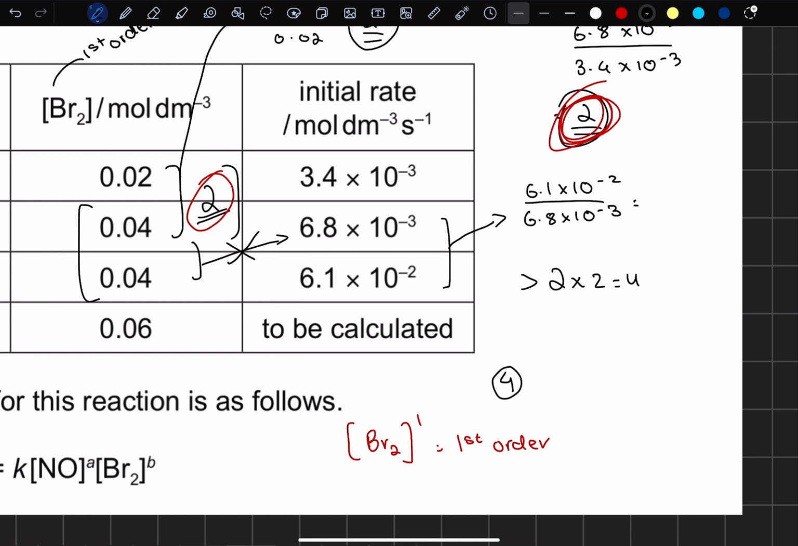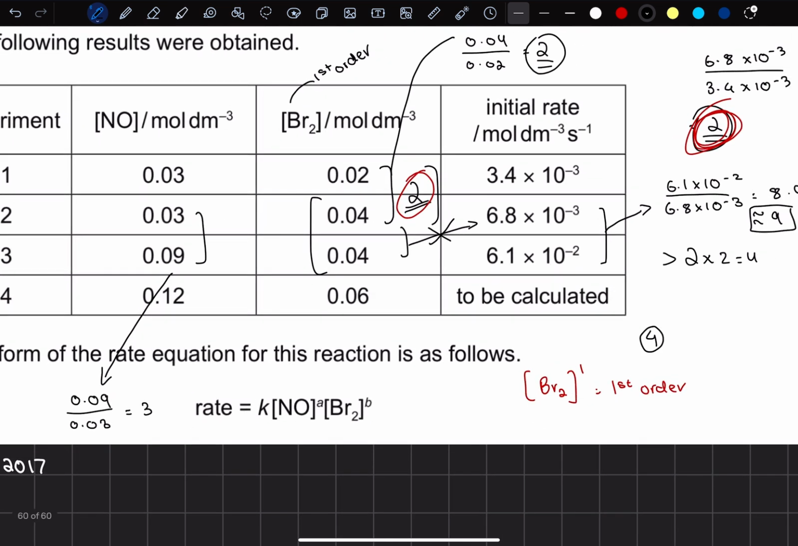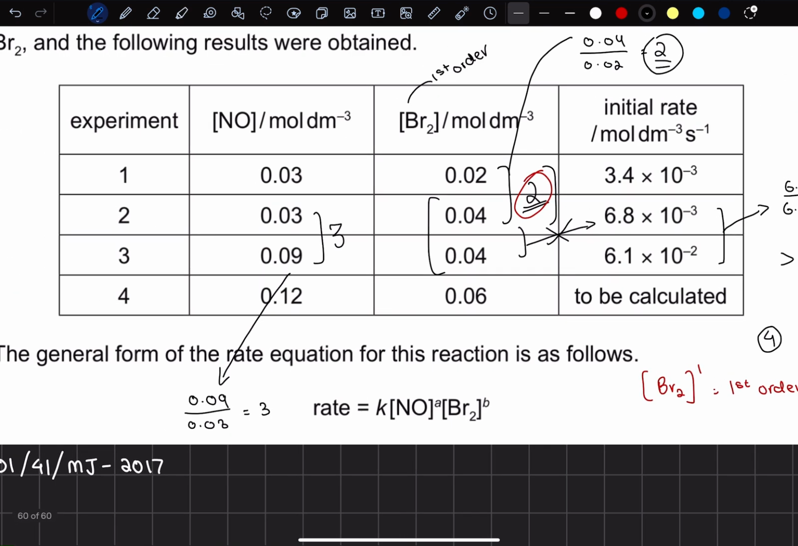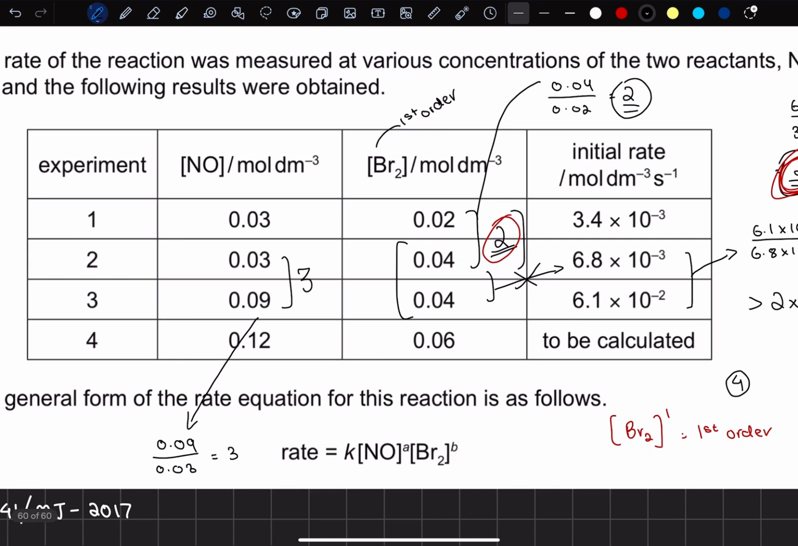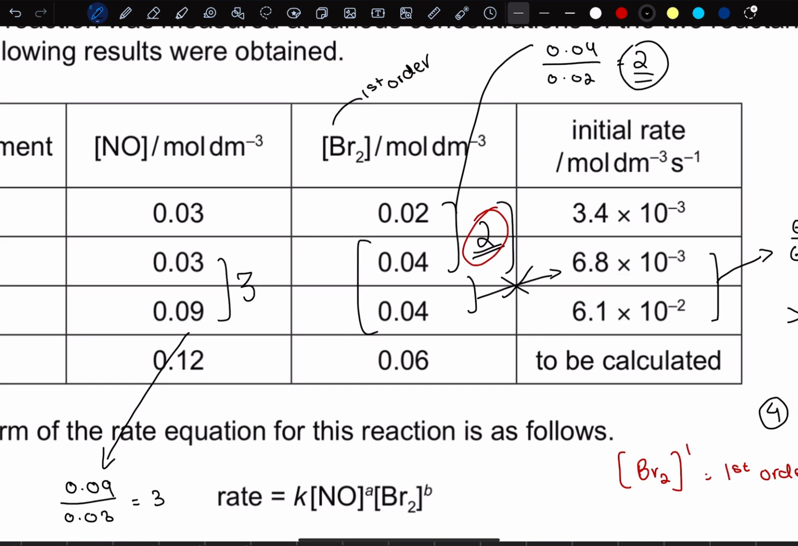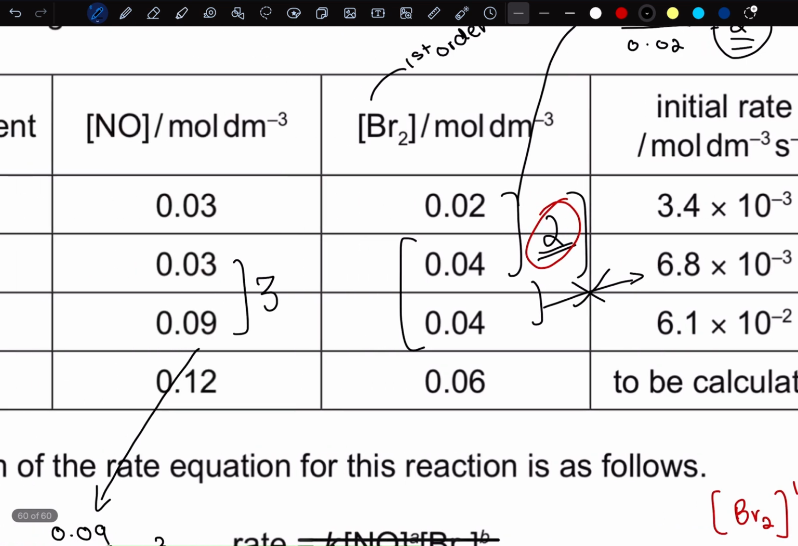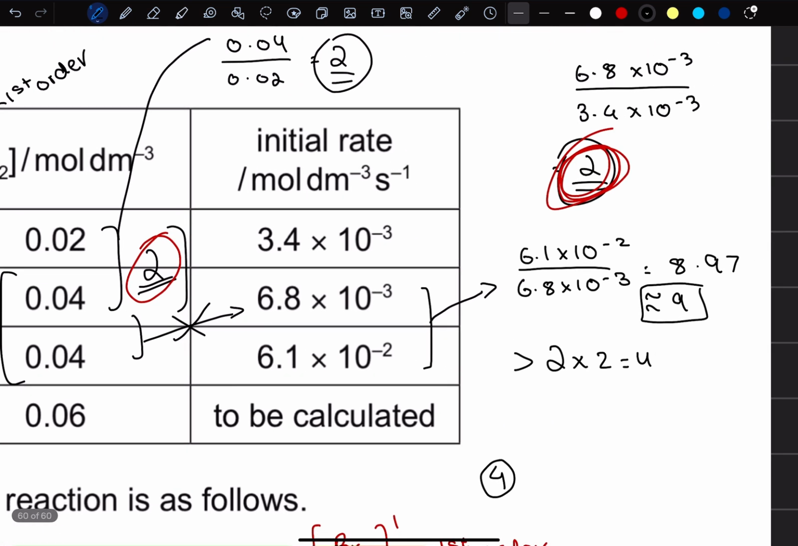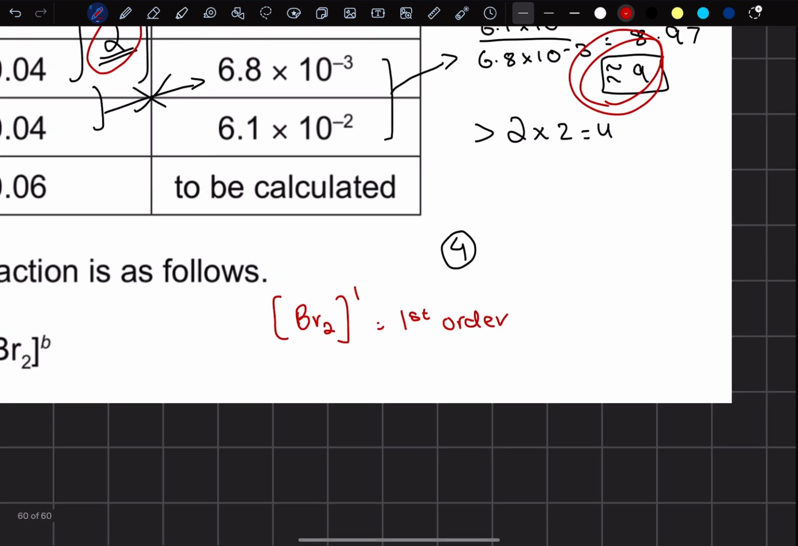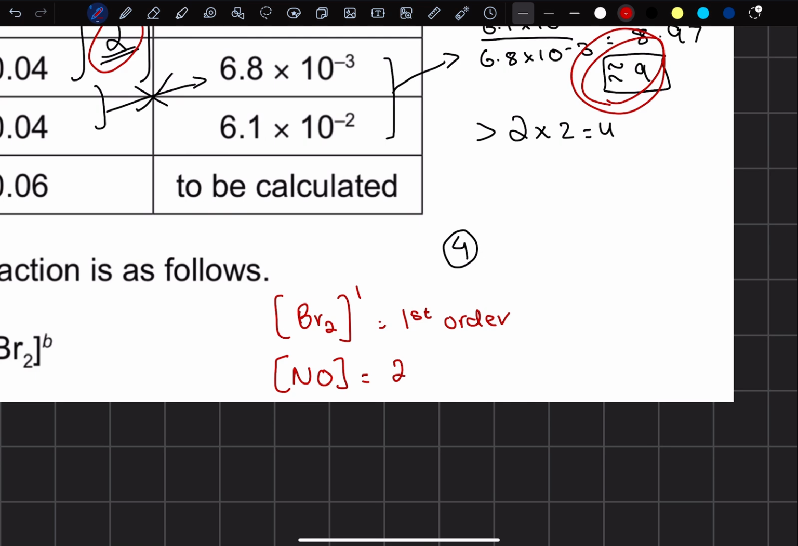So if we just put this into the calculator, we get 8.97, rounding it off to 9. Now this is a perfect example of what? Of second order. Why? Because if you notice really carefully, as I said, in experiments 2 and 3, NO increased by a factor of 3, and because of that the initial rate had also increased, but by a factor of 9. And what does this tell us? This tells us that NO is in fact second order,